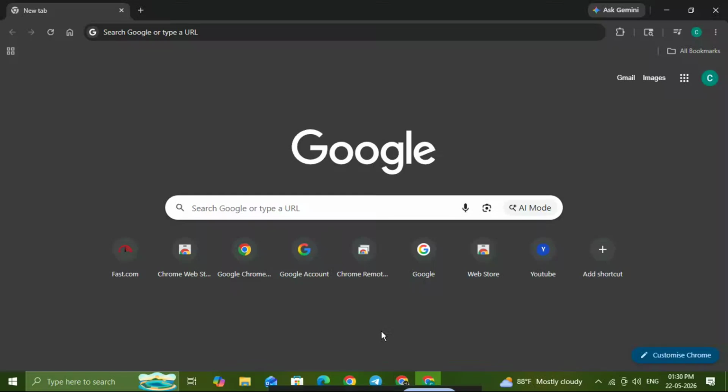If you want to delete your search history in Google Chrome, you're in the right place. In this video, I'll show you the quickest way to clear your browsing history, search history, and other saved activity in just a few clicks. This is really useful if you want to protect your privacy, free up space, or simply clean up your browser